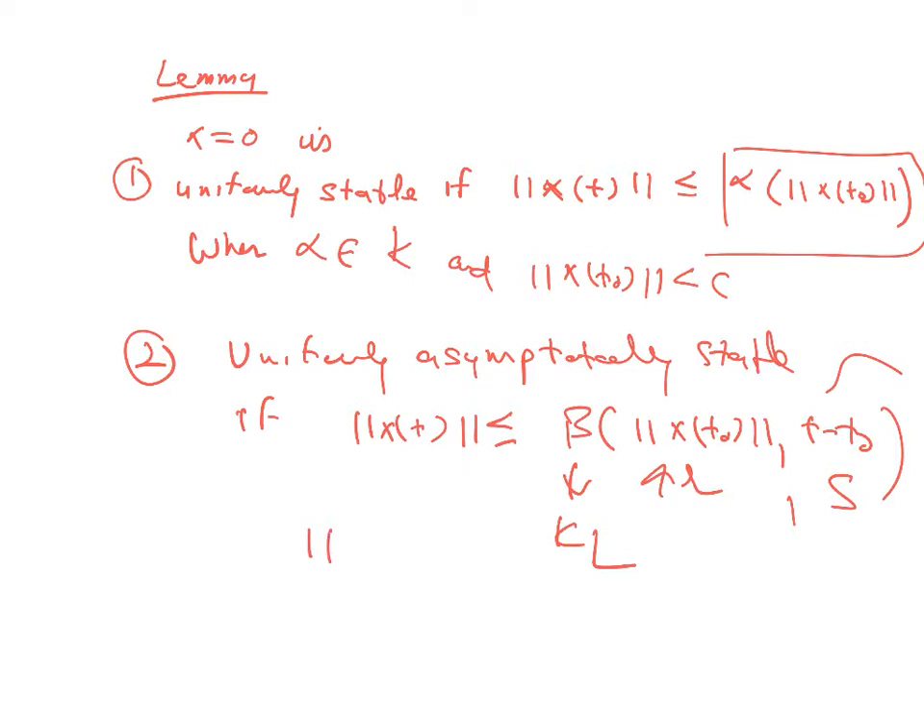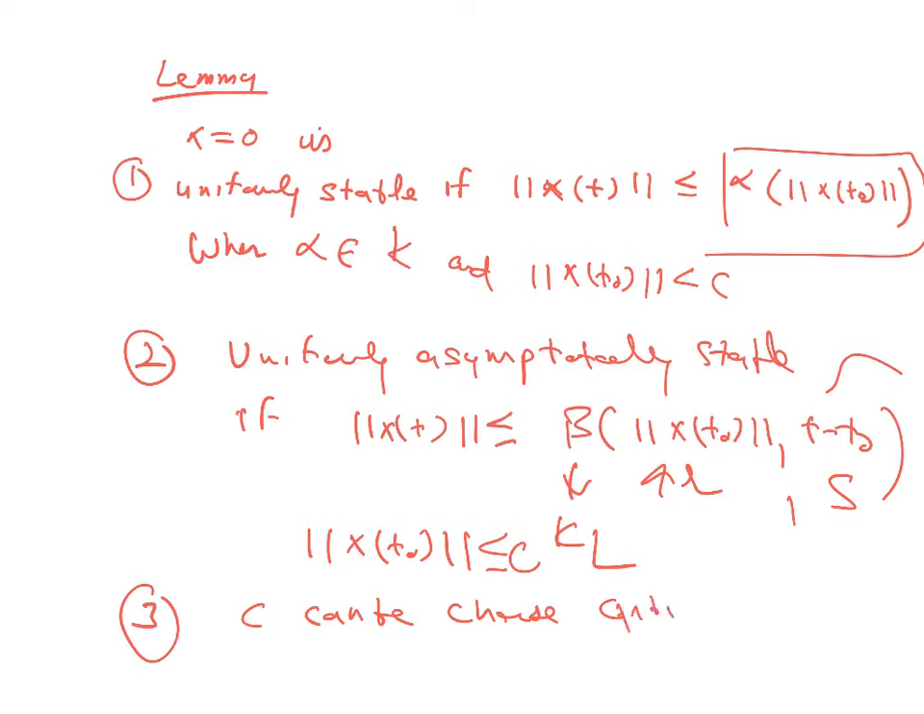So, this holds for x of t0 less than or equal to C. And third is, if C can be chosen arbitrarily, no matter how large, then it is globally uniformly asymptotically stable. It doesn't matter how far I start from the origin, the function will be there. And for that, this has to be then,